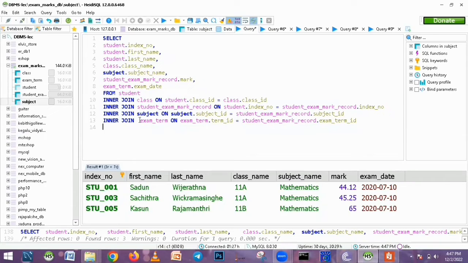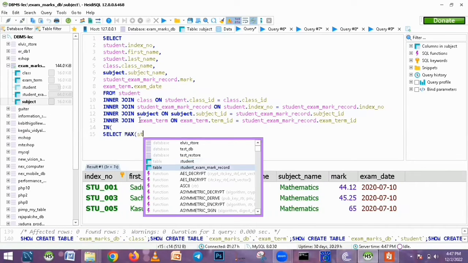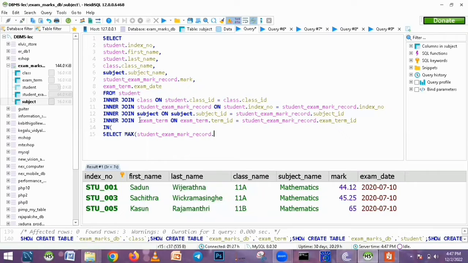So now I can freely use subqueries. I want to select the highest score. So select max, in brackets, student exam record and mark from